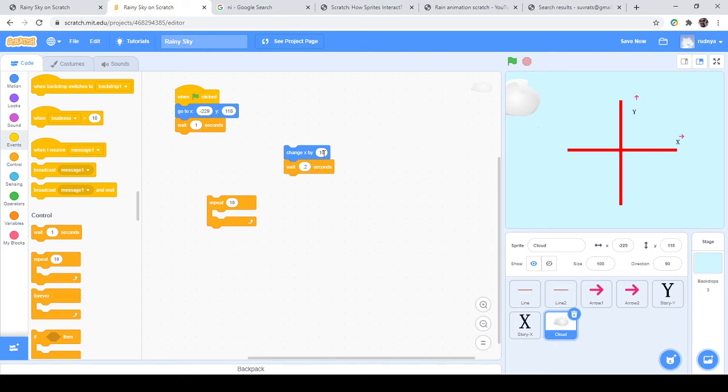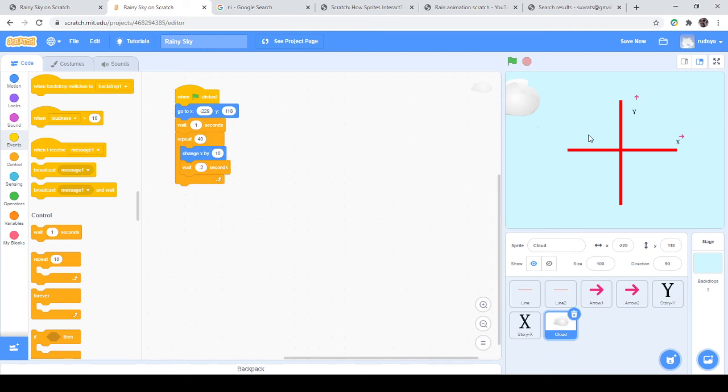I am moving the cloud 10 in x in each step. So how many times do I have to move my cloud to go all the way here? You can think of this as moving in x by 220. So in about 21 or 22 steps, my cloud will reach the center of the frame, and in 40 steps it will go all the way to the right. So let me keep doing this for 40 steps and do it after here.